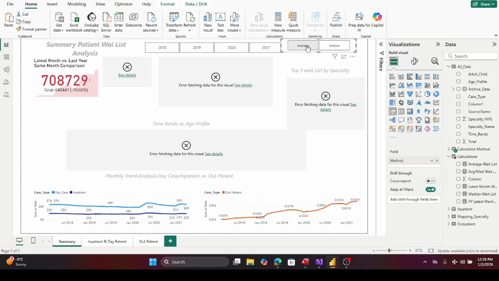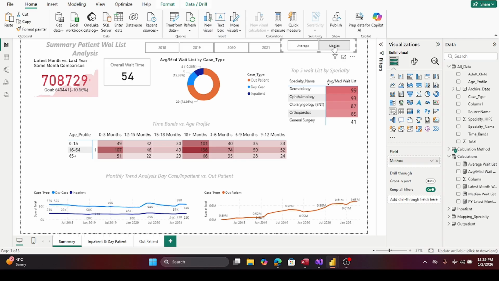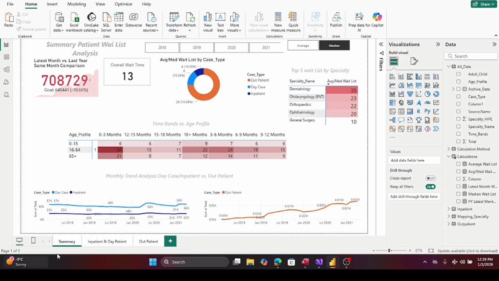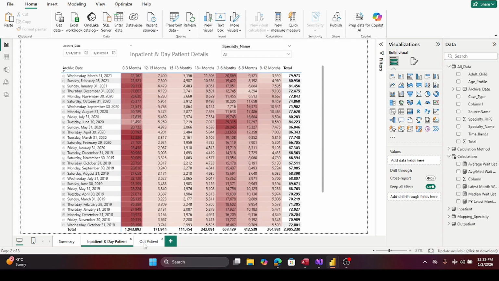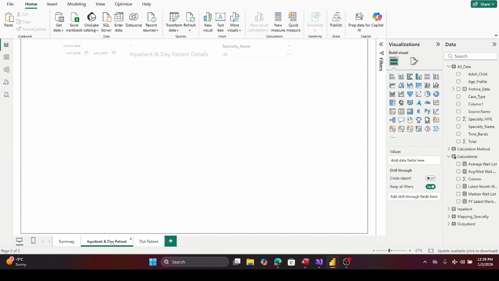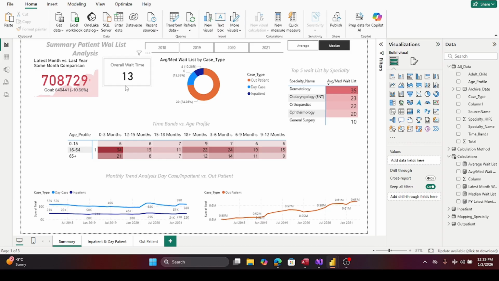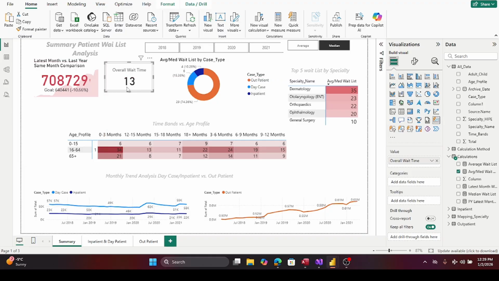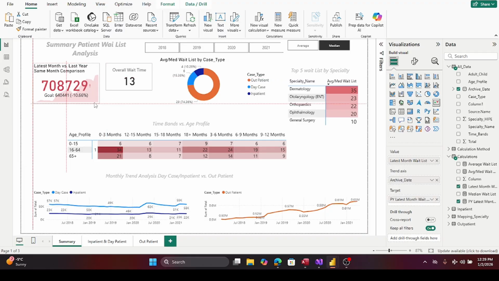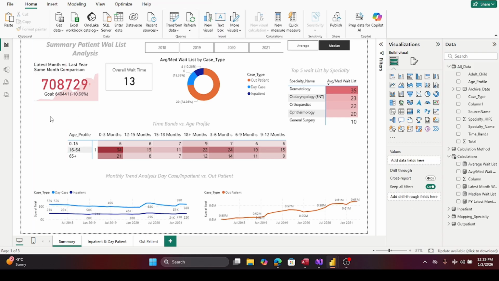I'm just checking if we missed anything. Always select average or